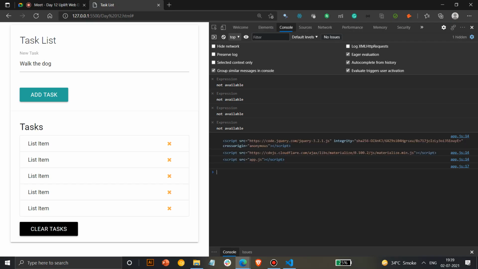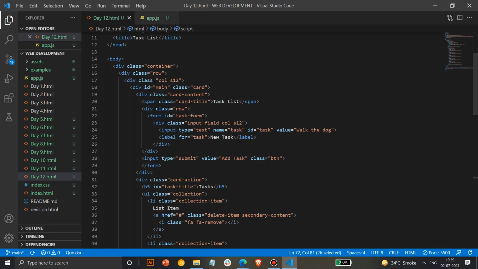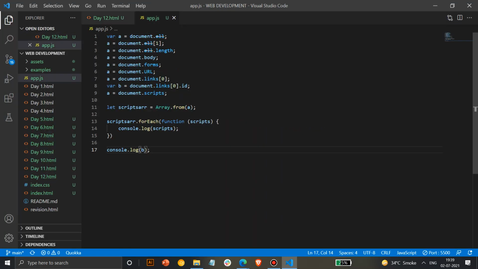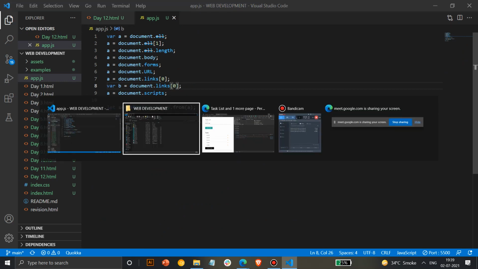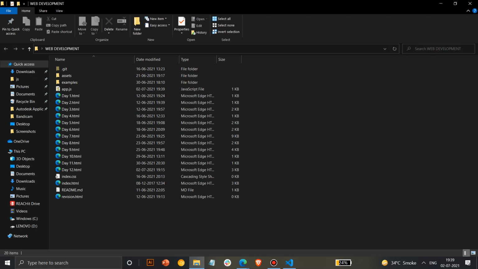So this doesn't have an ID, I think. Link 0. What is link 0 first? Let me first print link 0. It has a class, so we'll print class.